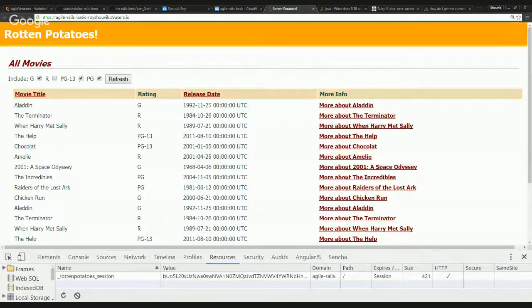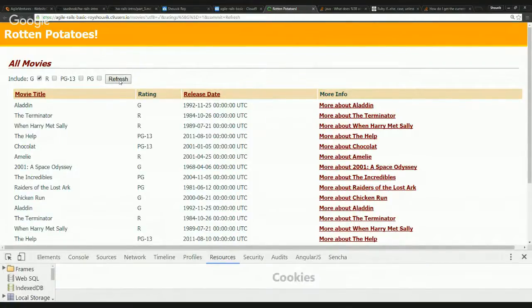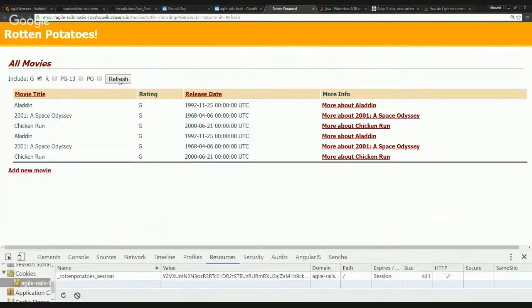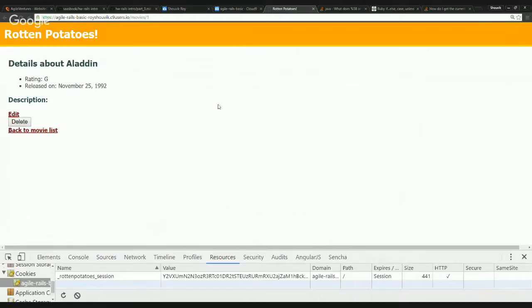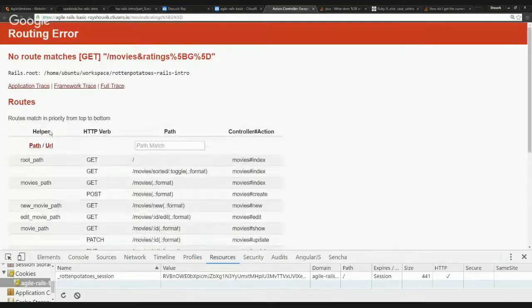Okay. I remove everything to refresh. Go to a different page. Back to the movie list. Okay. Movies. We needed that question mark. Yeah. So do you think it would work if we